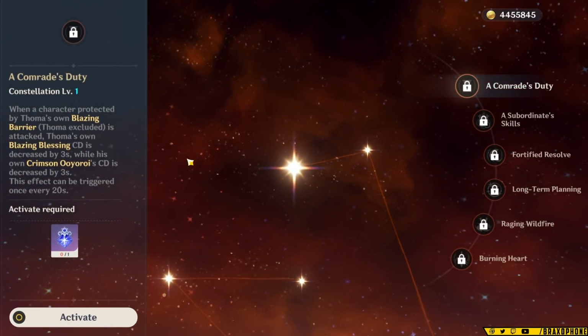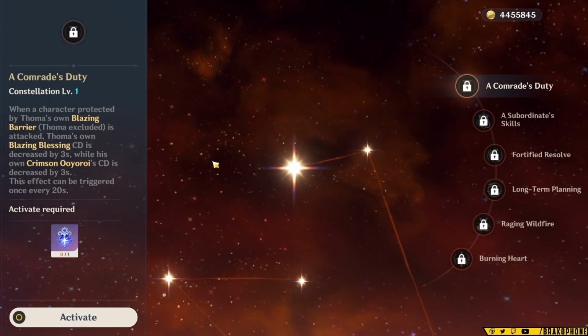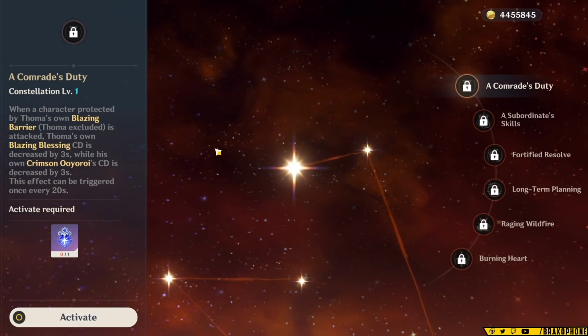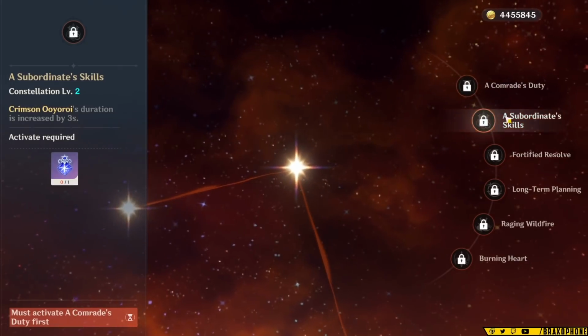This will essentially let you battery a character with Shimenawa 3 seconds sooner, or it'll let you battery Thoma 3 seconds sooner, which is really important for Thoma because he has a lot of battery issues. When you get to Constellation 2 though, it increases his elemental burst duration by 3 seconds,